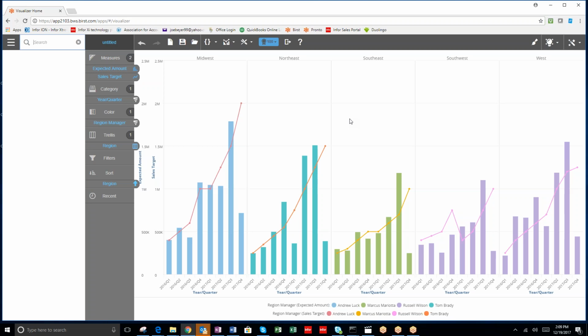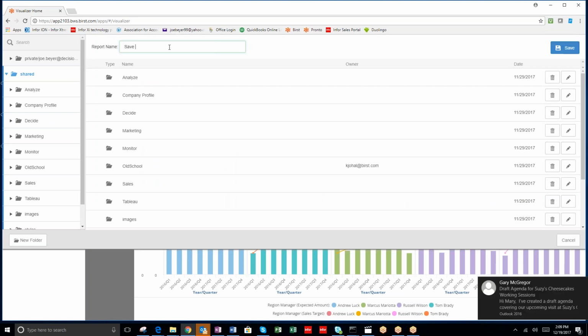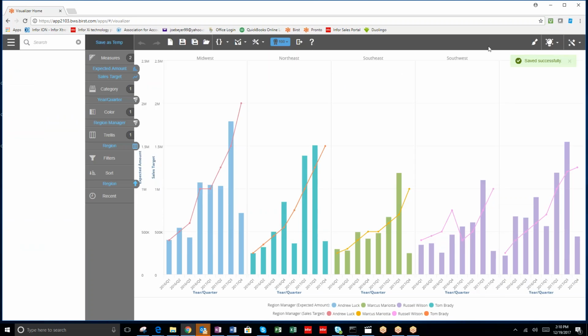Power users, they have their own skill set and they can build the base, and the business user then can add to that and have their own set of data. We'll call this